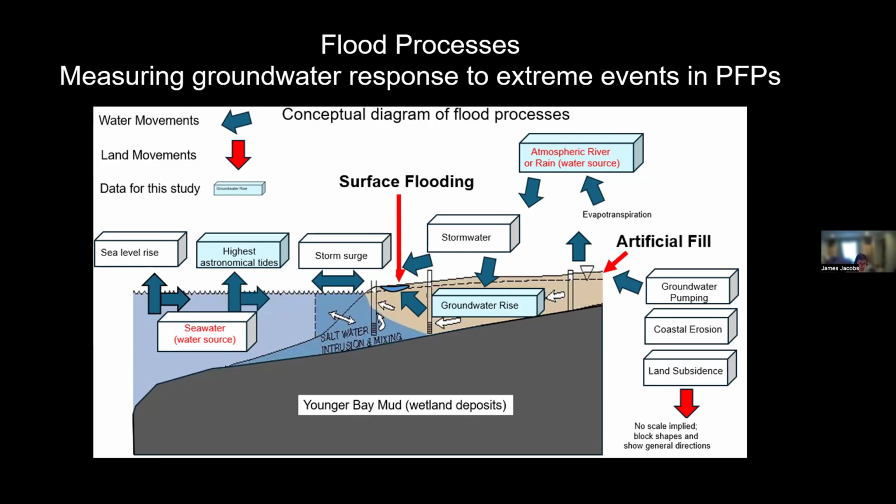I have the atmospheric river from the weather station. I have the highest tides from NOAA and my own tidal gauge. And also I have groundwater because I installed a large number of wells to measure that. On the right side, because it's artificial fill, we end up with possible coastal erosion and land subsidence, as well as groundwater pumping. Pumping reflects when the water's flooding a lot. Sometimes engineers will put pumps in there, but in the process of putting the pumping, the sediments compact, and then